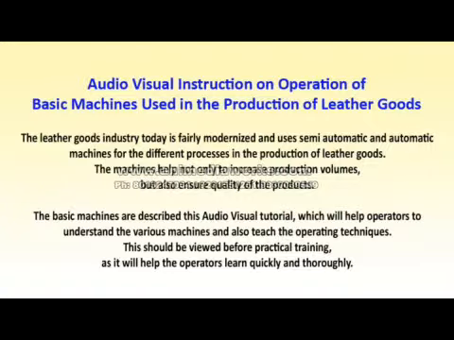The leather goods industry today is fairly modernized and uses semi-automatic and automatic machines for the different processes in the production of leather goods. The machines help not only to increase production volumes but also ensure quality of the products. The basic machines are described in this audiovisual tutorial, which will help operators to understand the various machines and also teach the operating techniques. This should be viewed before practical training, as it will help the operators learn quickly and